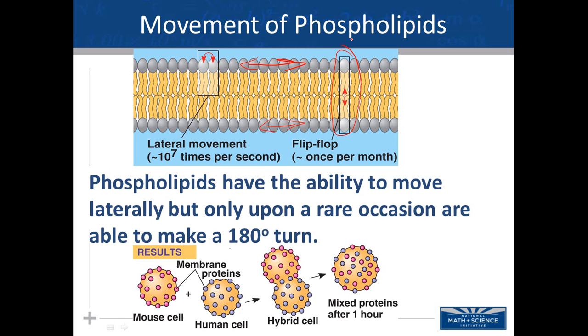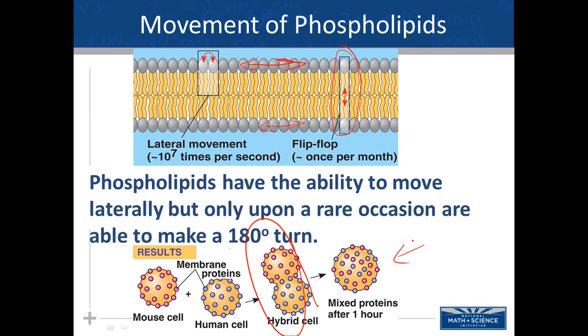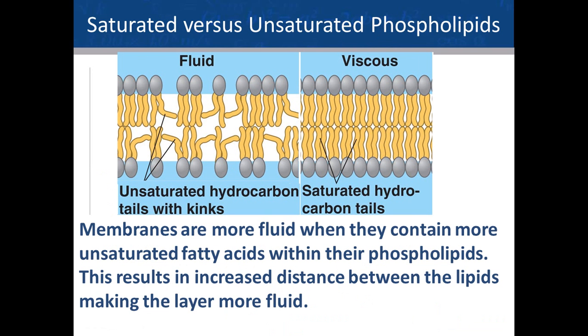Here's some evidence for this lateral movement. If you take a mouse cell and a human cell and you mark the phospholipids with dyes, different colors of dyes, and you fuse those two cells, within an hour when you return, you'll find that fused cell, all the phospholipids now are uniformly mixed. We want to examine what it means to have a saturated versus unsaturated phospholipid in the plasma membrane